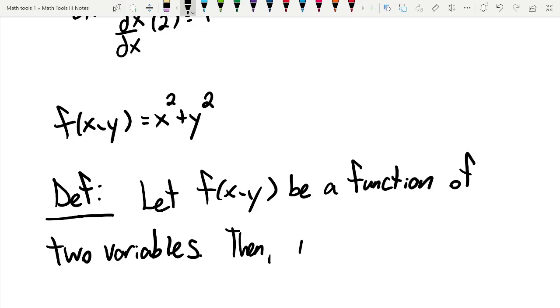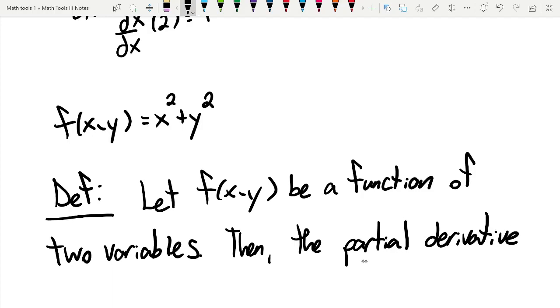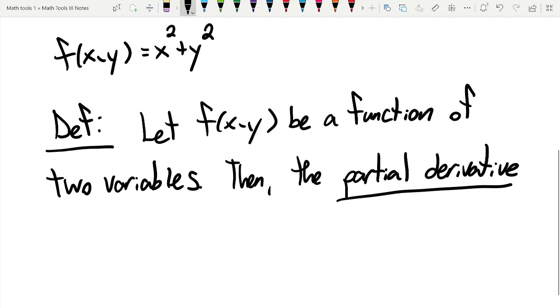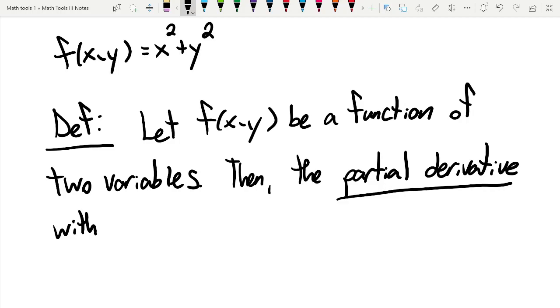Then the partial derivative with respect to x,